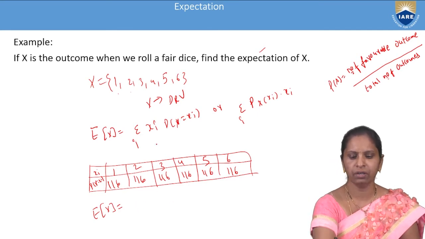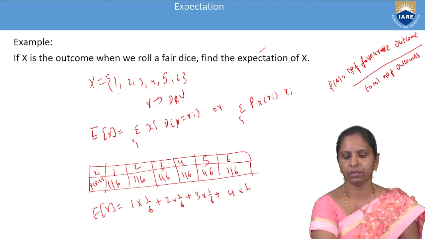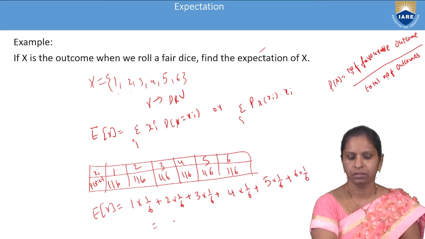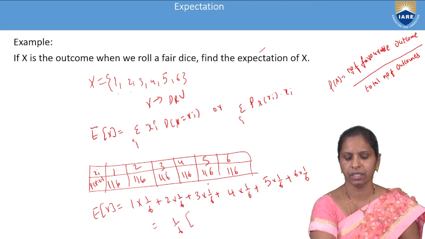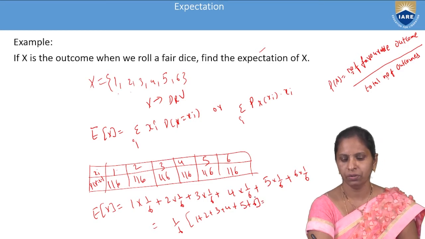I have to multiply each xi with its probability. So we get 1 into 1 by 6 plus 2 into 1 by 6 plus 3 into 1 by 6 plus 4 into 1 by 6 plus 5 into 1 by 6 plus 6 into 1 by 6. If you take 1 by 6 common, you get 1 plus 2 plus 3 plus 4 plus 5 plus 6, and the value here is